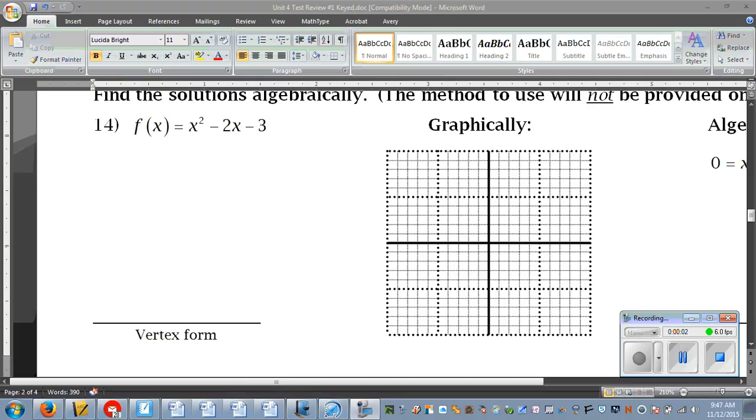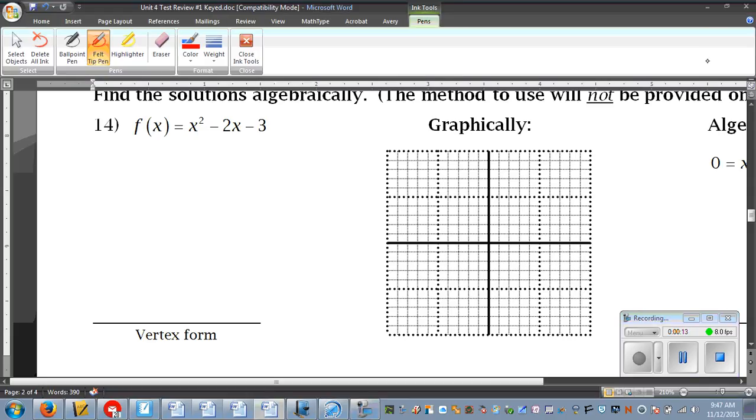Please make sure you read directions carefully when you go to graph, because the directions here say to complete the square to write the equation in vertex form. And that means you do need to complete the square, write it in vertex form, and not just use the formula negative b over 2a. So in order to do that,